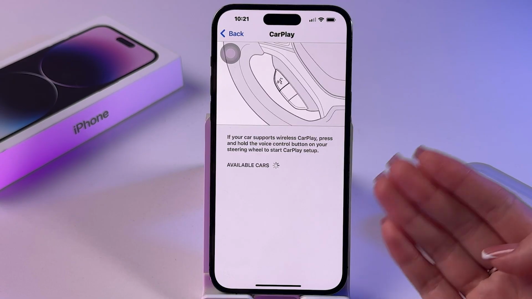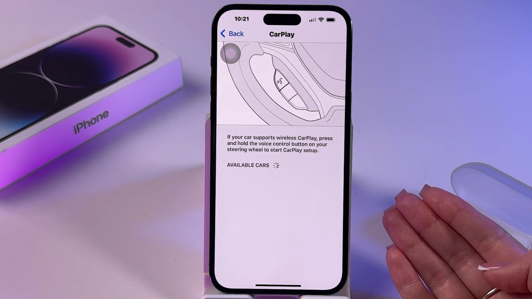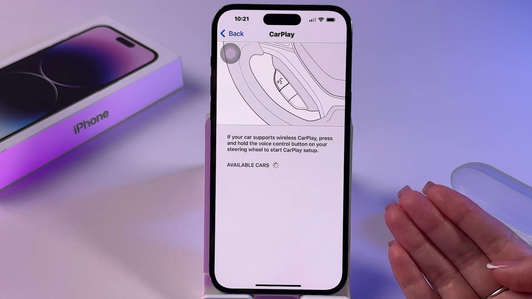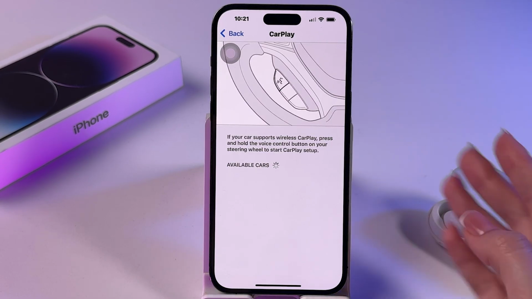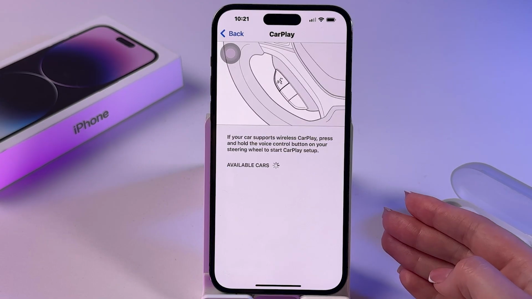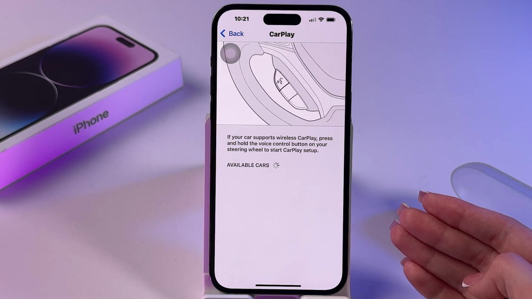Then, to be able to reconnect your car again, just connect it to your phone via wireless connection or with the help of USB Type-C cable. Then follow on-screen instructions to be able to reconnect it with your phone after a new update,